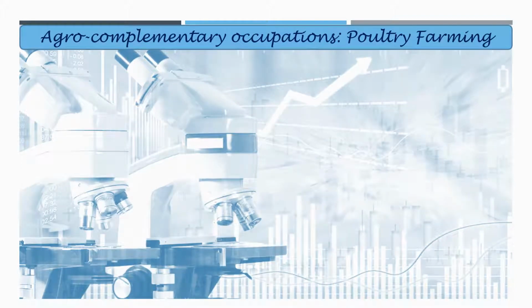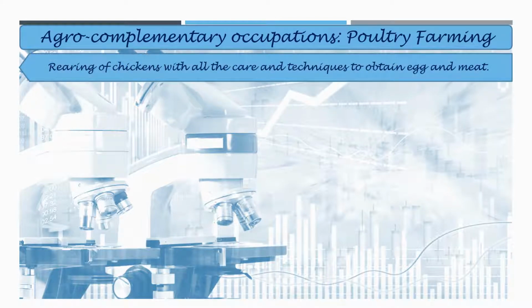Now the next agro-complementary occupation is poultry farming. Now poultry farming is rearing of chickens with all the care and techniques to obtain egg and meat. And the objectives of hybridization of Indian Asil and exotic Leghorn varieties of chickens are to produce good quality chickens in